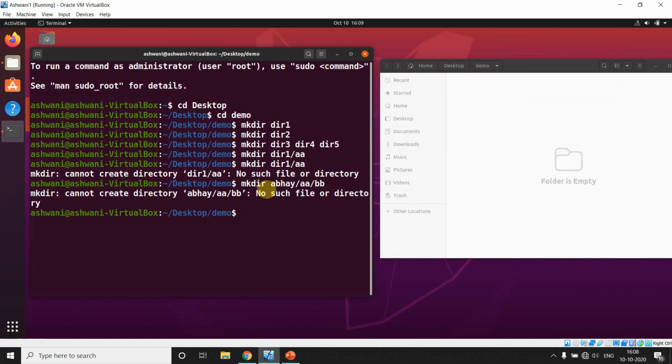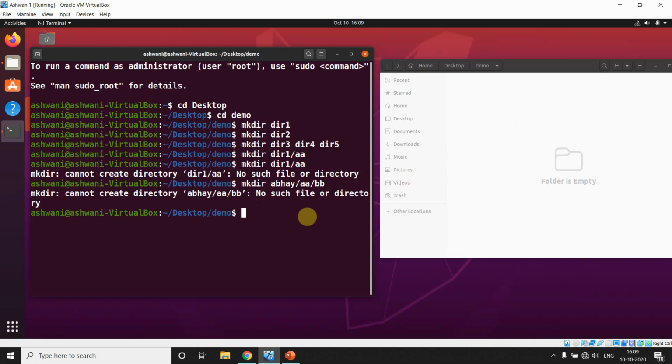What is it? No such file or directory available, because I haven't used the P option here. It says I go to this folder inside demo, but I haven't found anything called abhay, because nothing is available here, right?